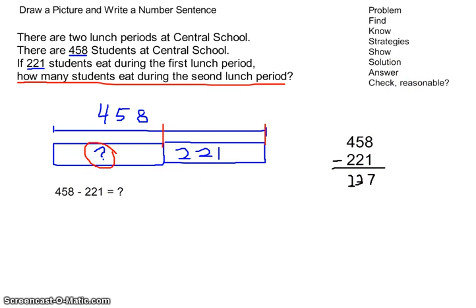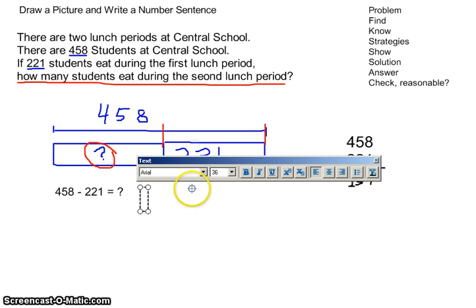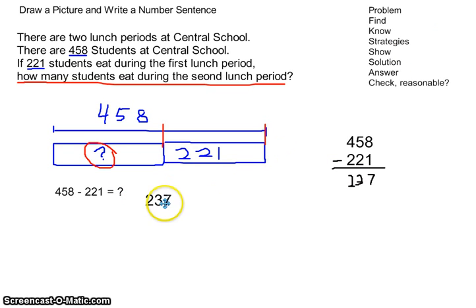Okay, so I can maybe say, oh, look, my answer is 237. Yay, I have an answer, I'm done. No, because there's a couple more steps here. We've shown our work, have a solution, think we have an answer, check: is it reasonable? Oh, that's right. We want to make sure that